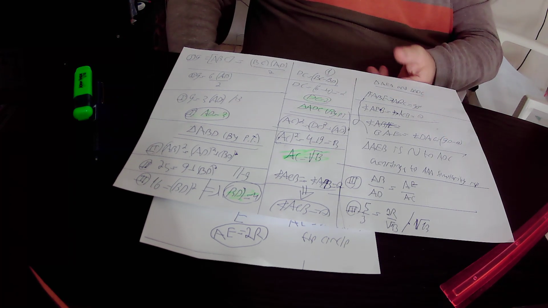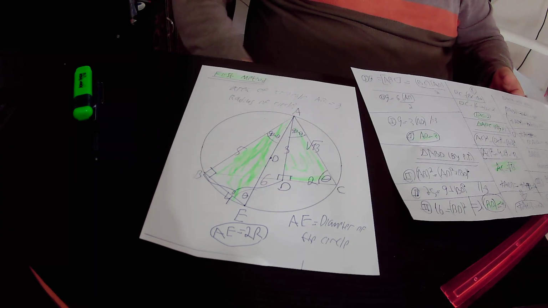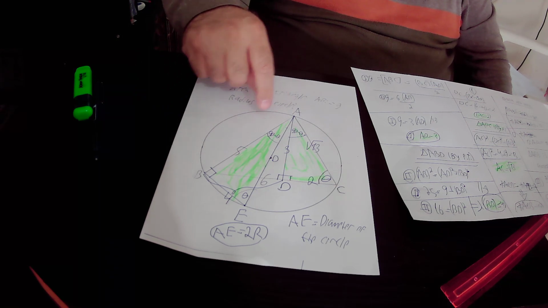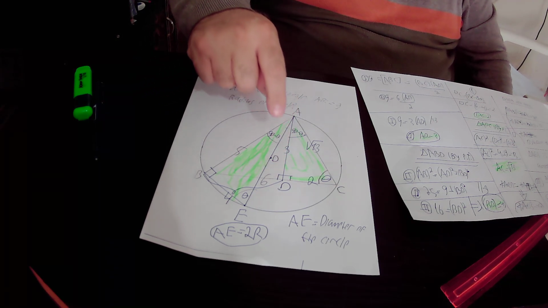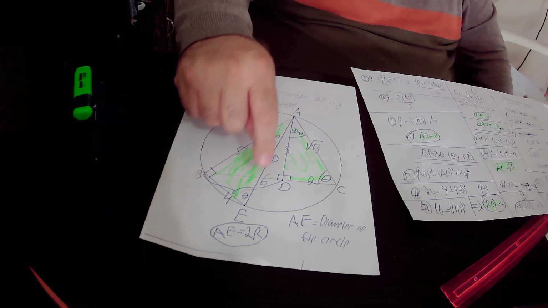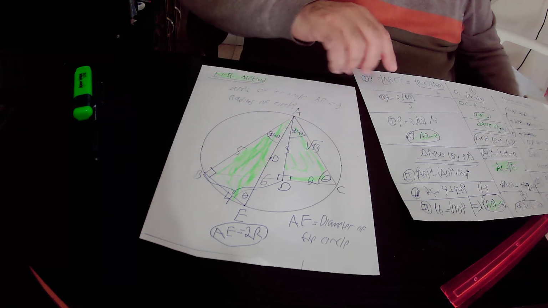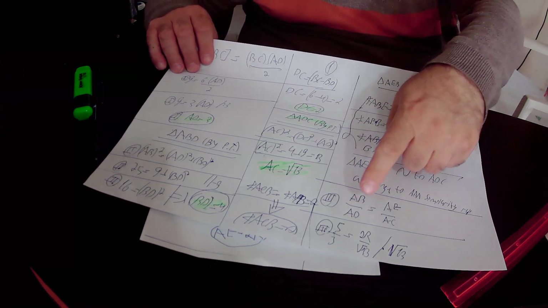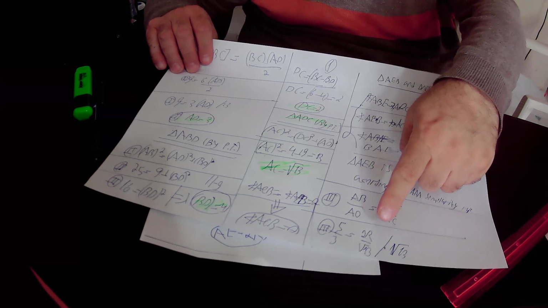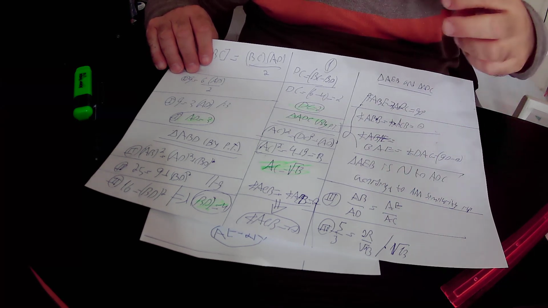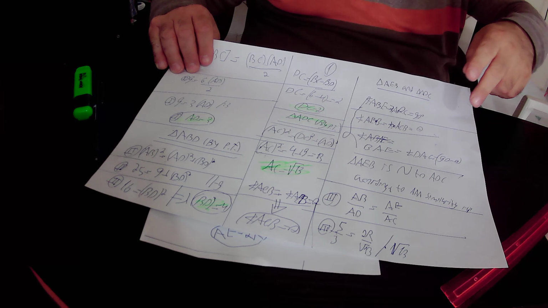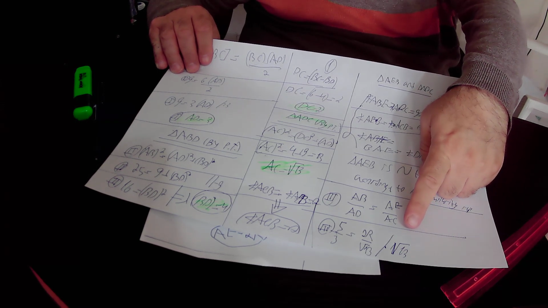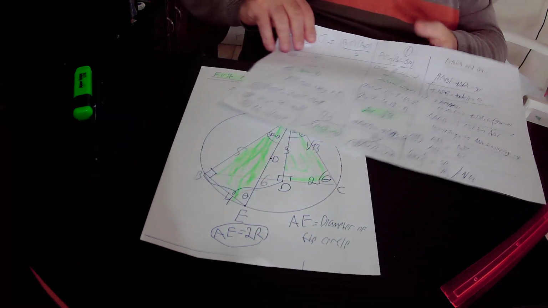Okay? And from the fact that those two right triangles are similar, we conclude that AB over AD equals AE over AC. AB over AD equals AE over AC. AB equals 5, AD equals 3, AE equals 2R, it is the diameter of the circle, and AC equals the square root of 13 units. We multiplied this equation number 3 by the square root of 13 units, and we found out that